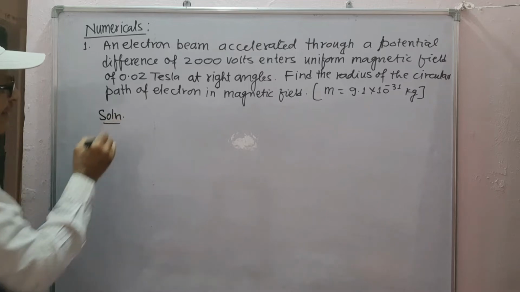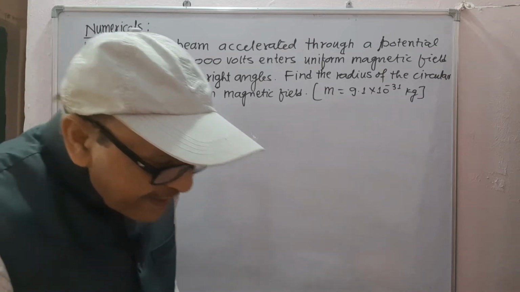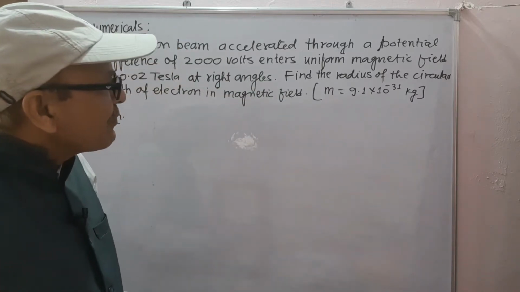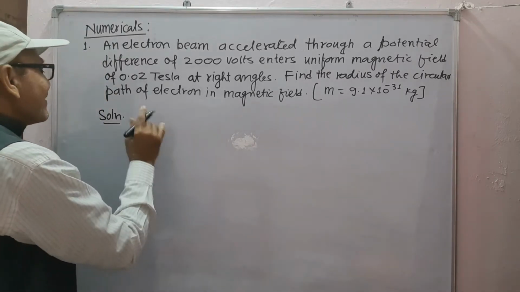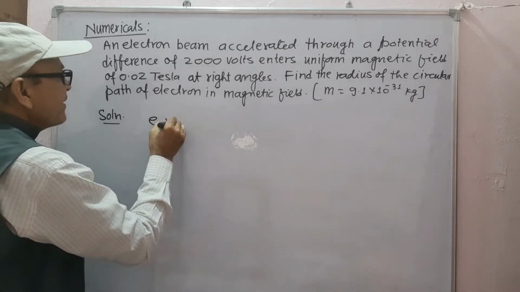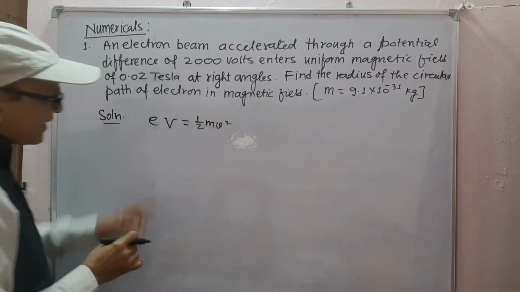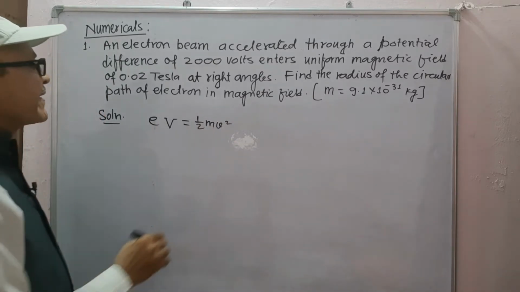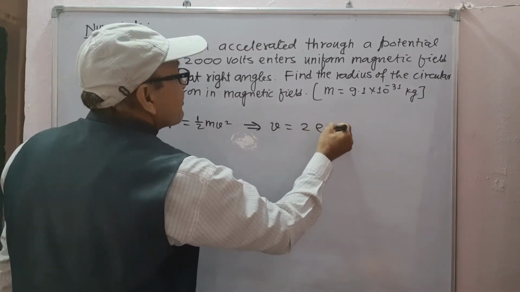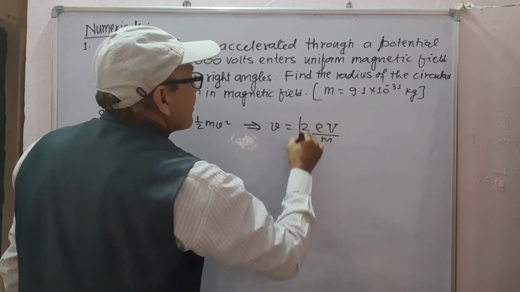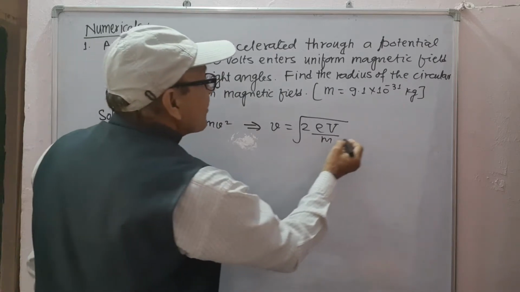Solution. Kinetic energy of accelerated electron is equal to the work done by the potential difference on electron. Therefore, eV is equal to half mv square. Here small v is the velocity and capital V is the potential difference, which gives v is equal to square root of 2eV upon m, and putting the corresponding values, we get